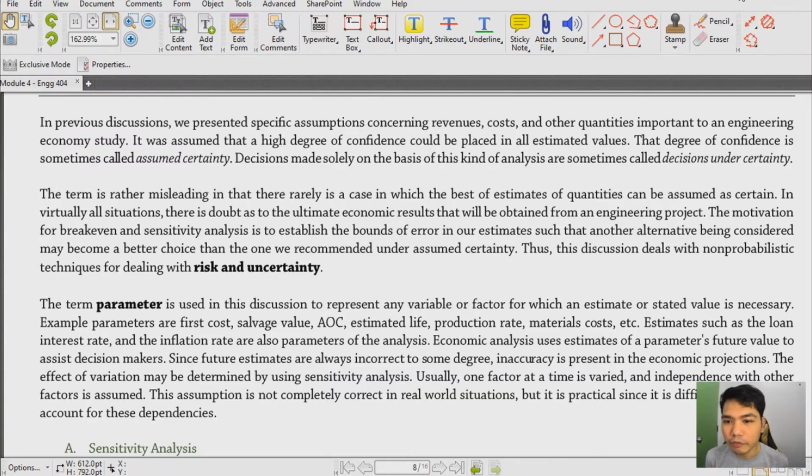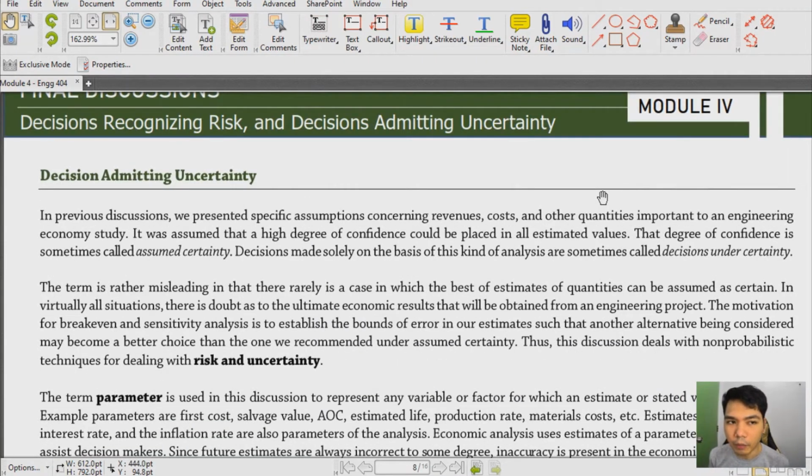Okay, so since we've done discussing all about the first topic, which is the decisions recognizing risk, that is also called the decisions admitting certainty. So we can now proceed with the last topic or the major topic, which is all about the decisions admitting uncertainty. So pinagkaiba nito dun sa previous natin na discussions is that yung decisions admitting uncertainty, wala tayong certain probability